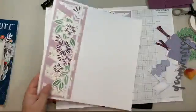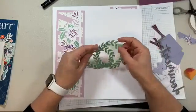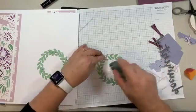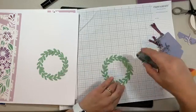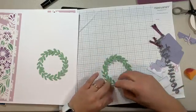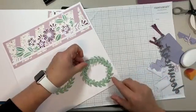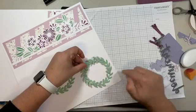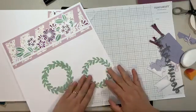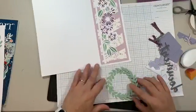Alright, so page 2, page 1. I'm going to start with my bottom layers. So that's these lovely juvelies. I want the lighter side up. So on page 1, both of these I'm doing towards the center. The first page is at the top, the second page is at the bottom, and I'm going to position this about 1/4 inch from the top and 1/4 inch from the side. So that's one. Whoops. And then the second one,